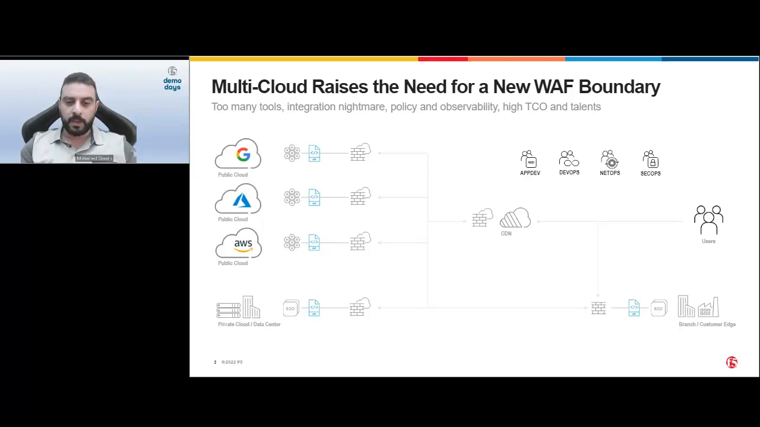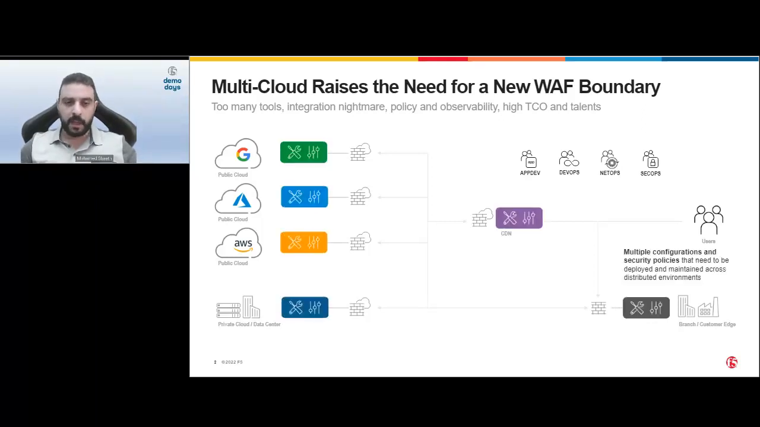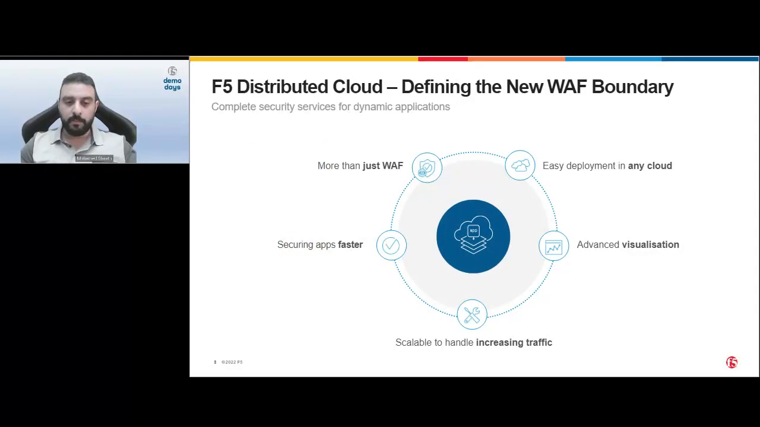When these applications are distributed across a multi-cloud environment, they need too many tools to protect them. Integrating these tools together is very difficult, and it is very hard to have a consistent security and observability policy across all of the different cloud environments. You also need more talent and knowledge about how to manage these complex environments. And this is why F5 Distributed Cloud solves this problem by providing complete security services for dynamic